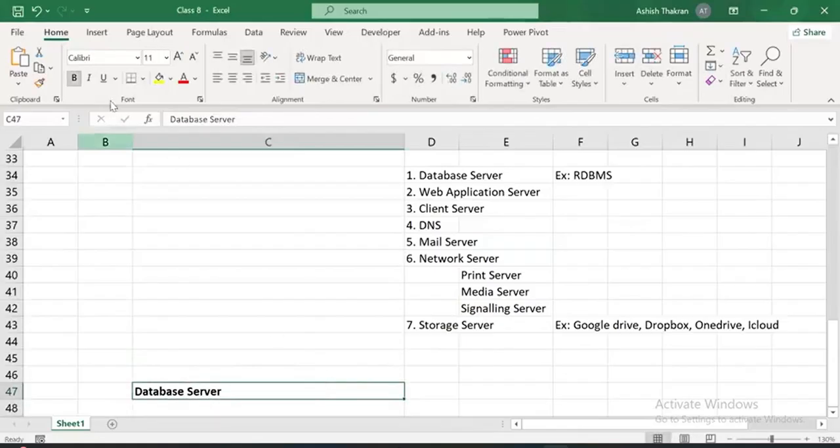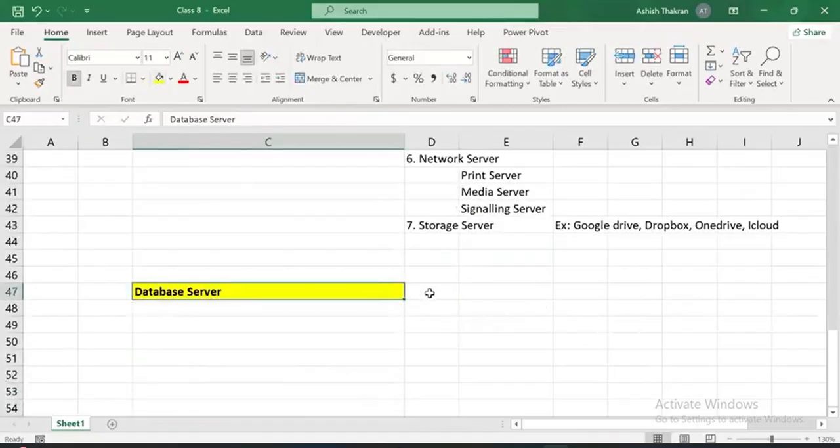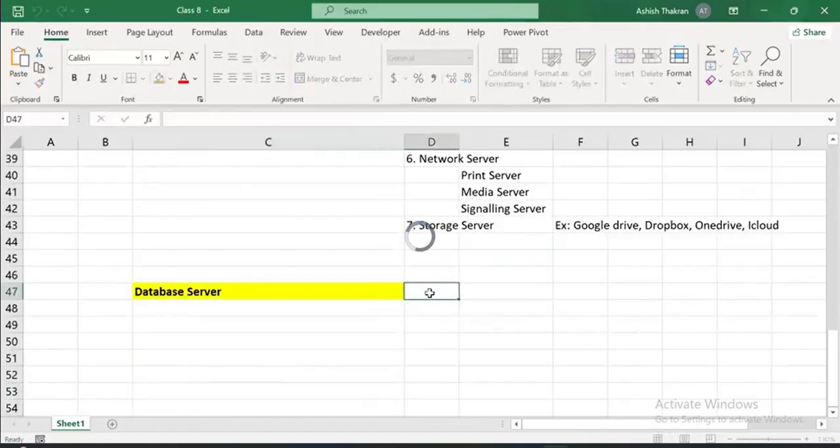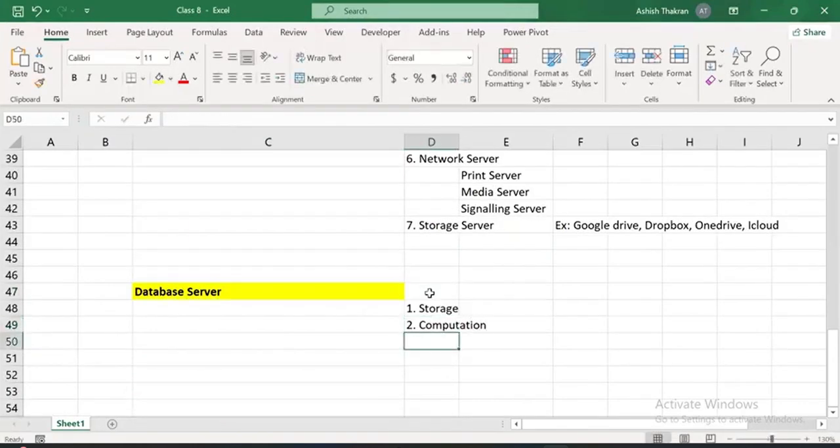Because it provides certain functionality. For example, you are able to update and modify the data, delete the records, create tables, drop tables. So that requires some